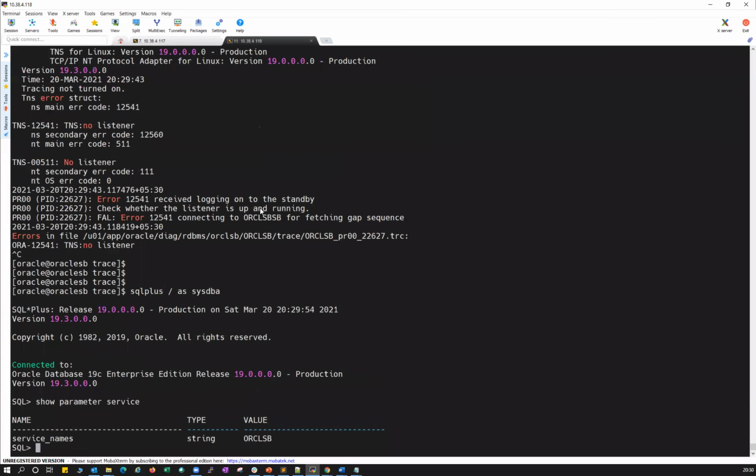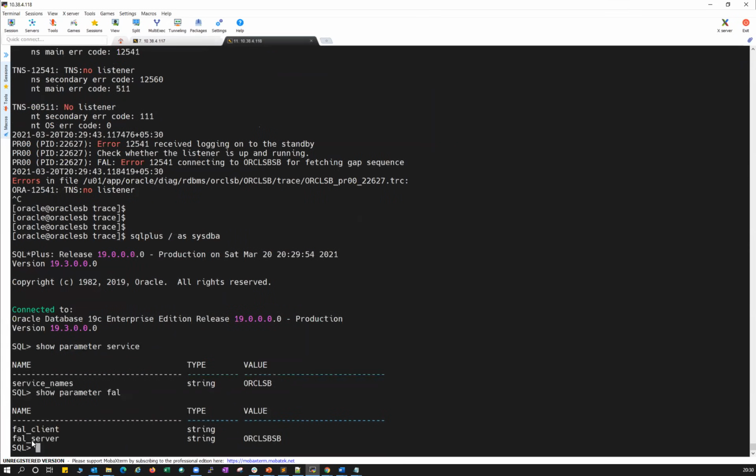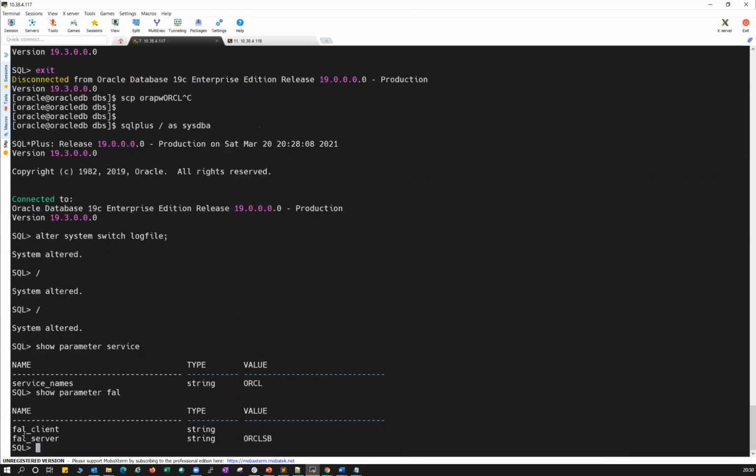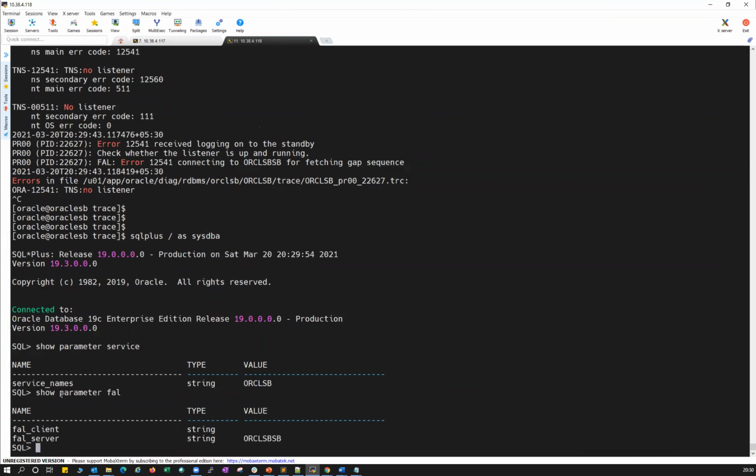And if I go back to my standby site and show parameter file, you can see here the file server is set to ORCL standby and standby. So the name should be either ORCL or ORCL standby. Since the service name is ORCL standby, I'll rename this file service with this ORCL standby.